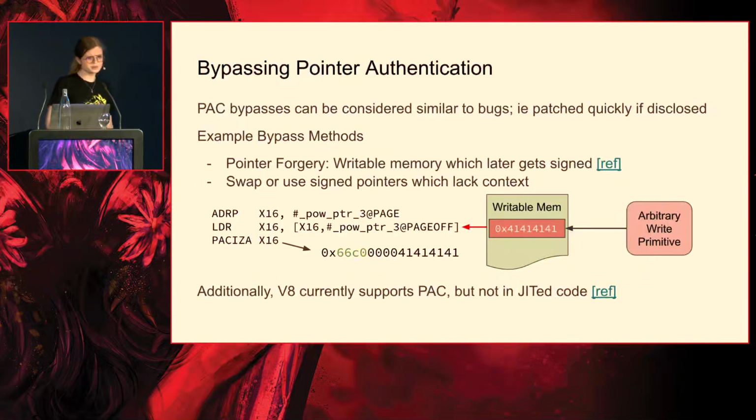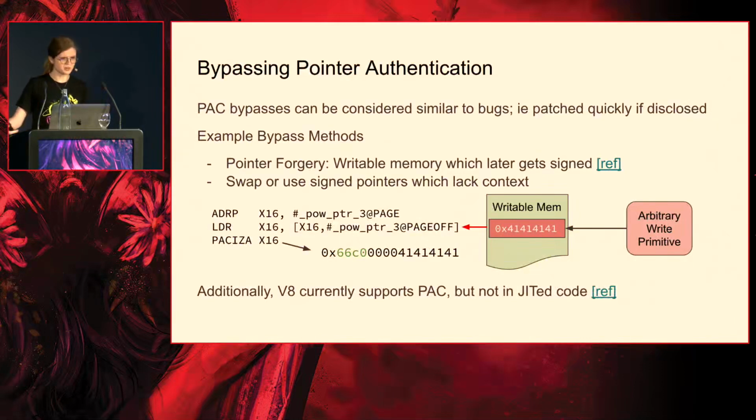So let's think about some strategies of how we can get around this. First off, I want to say, at this point PAC has been around for a few years now, and bypasses you could consider similar to bugs, right? If you have a bypass that's public, it's probably going to get patched pretty quickly by vendors. And also, if you're trying to work on this for your exploit, you might need to do some research independently,